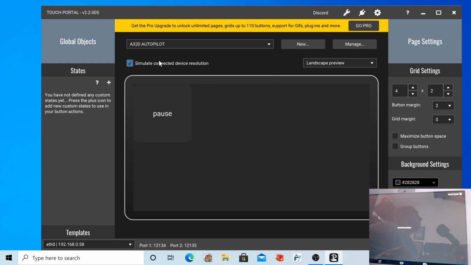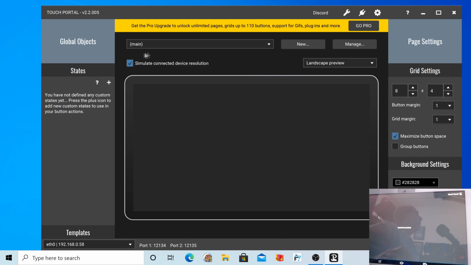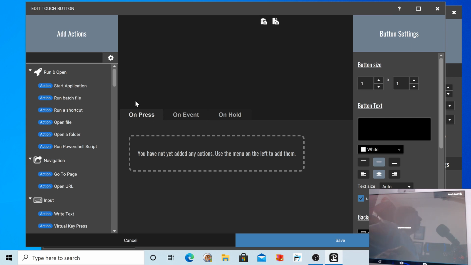But I'm actually going to rename all of these because they're all in the wrong order actually. So we'll go with our main one, which is going to have mainly my camera views on here. So my first button is going to be my pilot view. So I'll come over here, I'll just give you an example and then I'll take it offline and start doing them all. So I'm going to call this one pilot view,